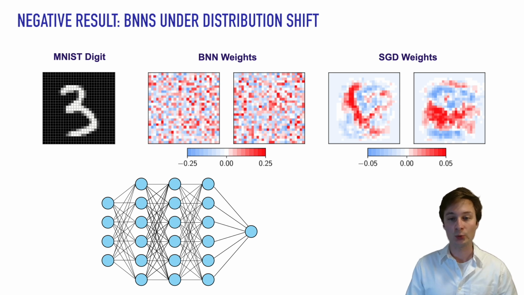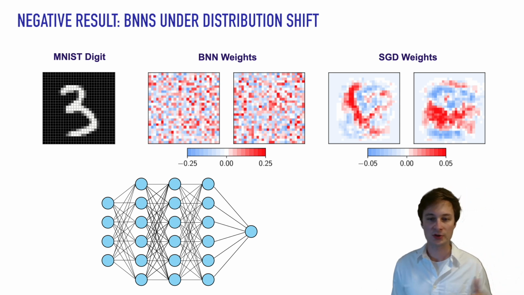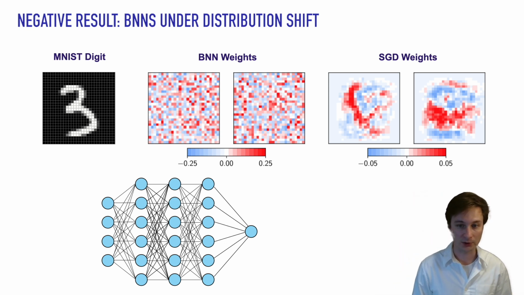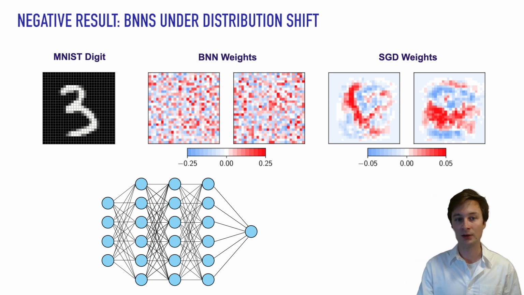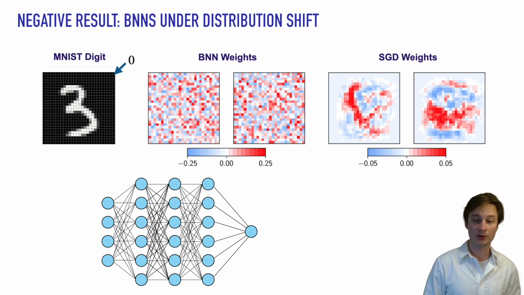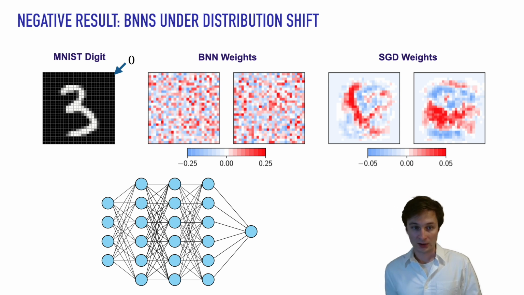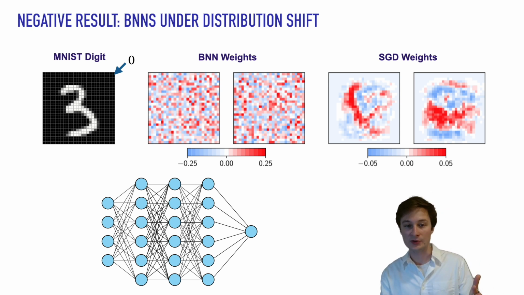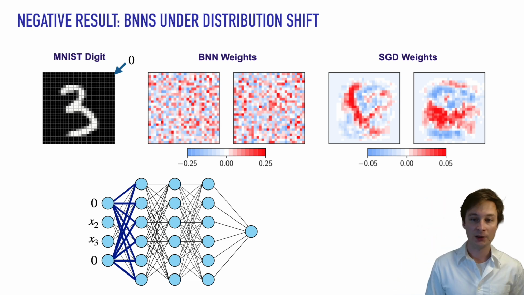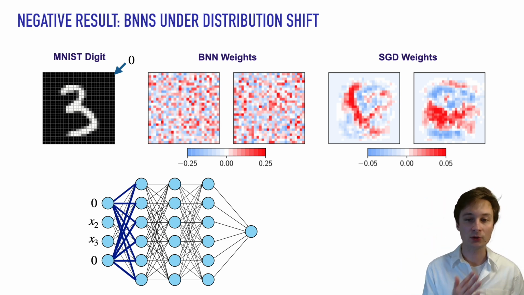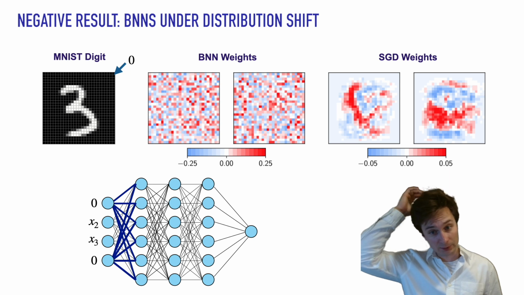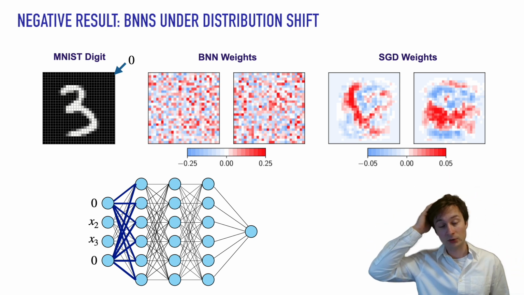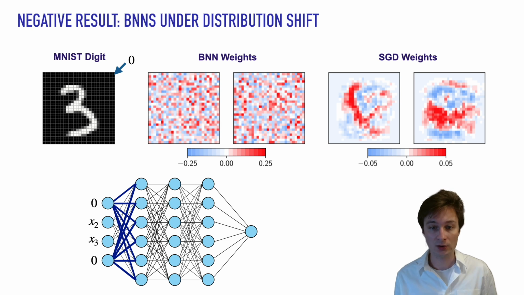So suppose we do this on MNIST, and suppose, just for simplicity, we have a fully connected neural network, and we'll generalize to convolutional networks afterwards. So MNIST has a bunch of pixels that are just always black, and let's say that black is represented with zeros, again for simplicity. So we have a bunch of inputs to our neural network that are just always zero. And then if we think about the weights that connect to those inputs in the first layer of the model, those weights will always be multiplied by zero on the training data. So their specific value does not matter at all for the predictions on any of the training data, and